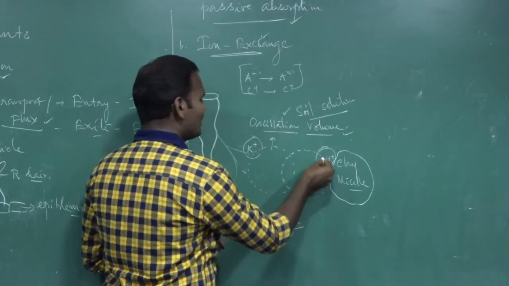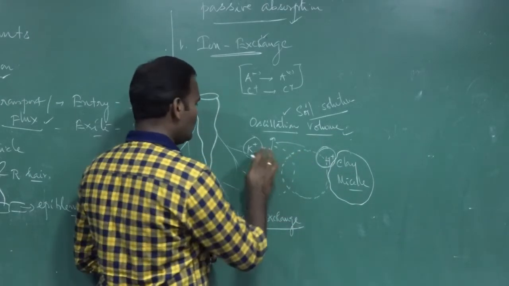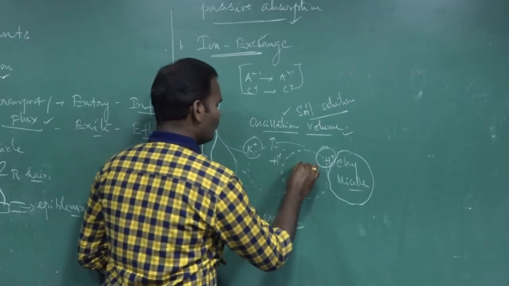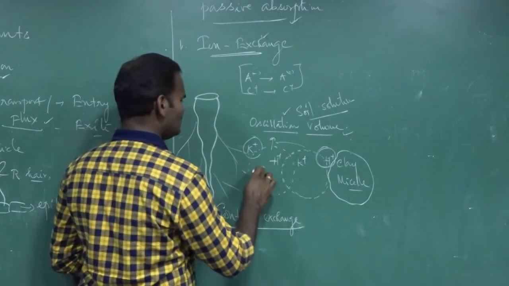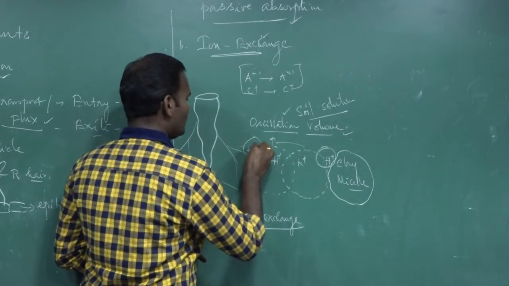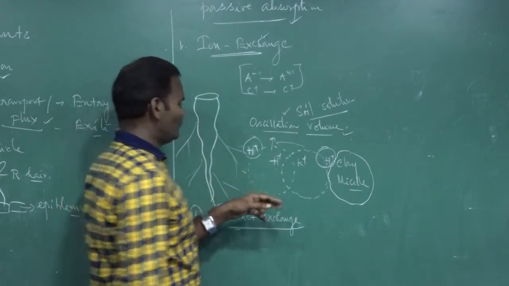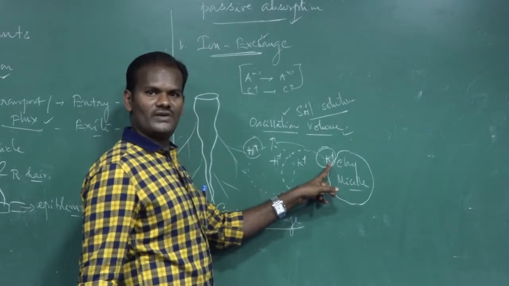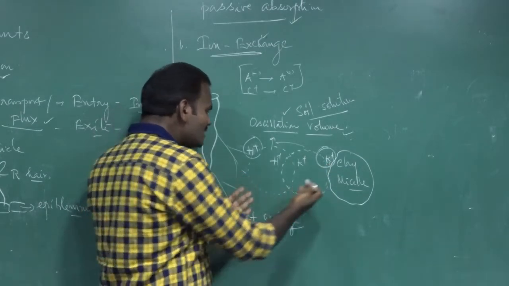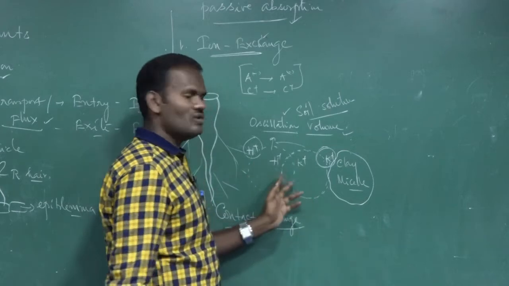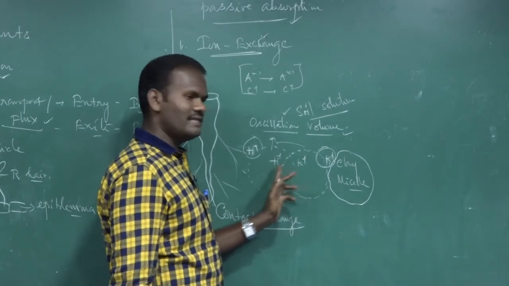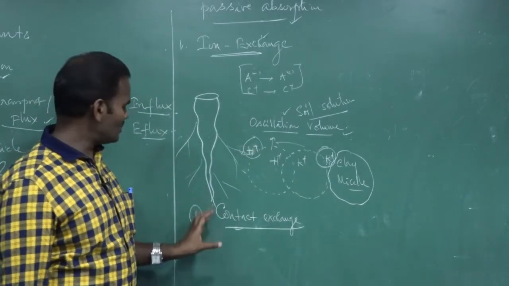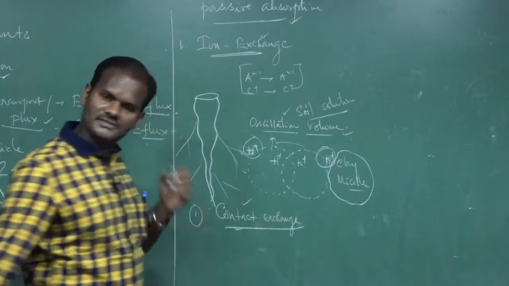As a result, the ion exchange takes place. Here, sorry, hydrogen ions are here and potassium ions are here. As a result, hydrogen ions are attached to the root surface, and potassium ions are attached to the clay soil surface. So due to this overlapping of the oscillation volumes, both ions are exchanged easily. Hydrogen ions are absorbed by the root cells. So this is called the contact exchange theory.